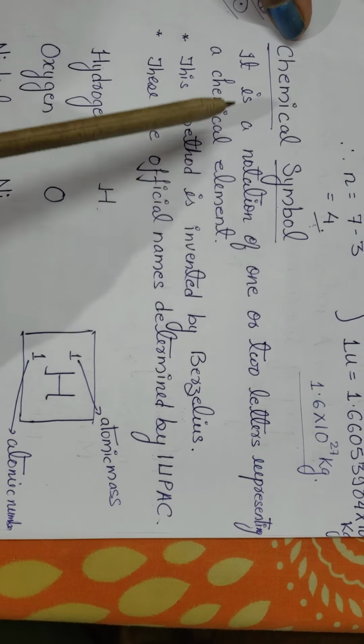The same type of atoms are there. One hydrogen atom combined with another hydrogen, but it is not compulsory that always the same type of atoms will combine. Even different types of atoms can also combine. Like, we can take the example, when the molecules of elements have similar atoms, they are called molecules of elements. When two similar atoms combine, the type of molecule which is formed is called a molecule of element.